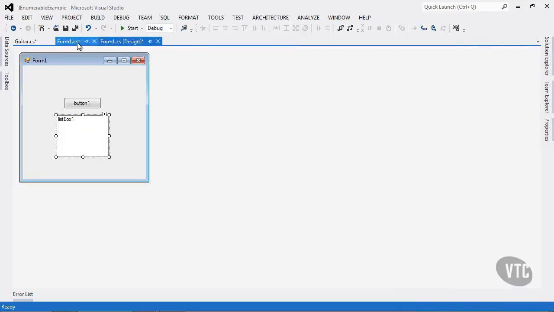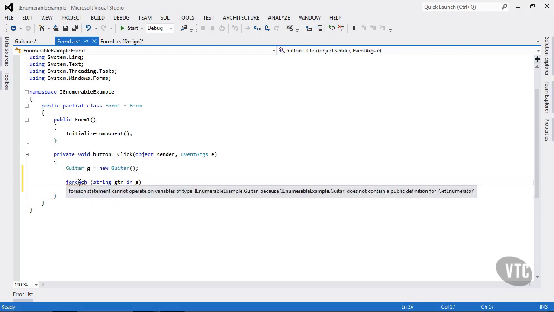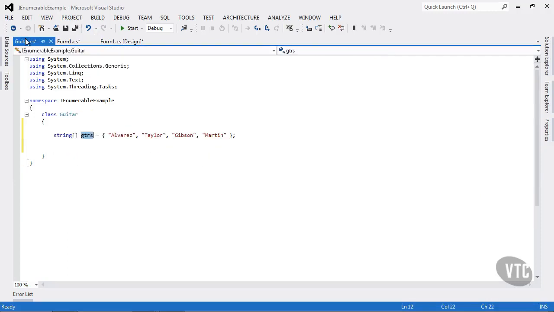Then in our code on our form we put a button and a list box, and then in our code back there we instantiated a new instance of our class, and we did a little foreach to iterate through that collection and add those to the list box. But immediately we got a foreach warning us that our class Guitar does not contain a public definition of GetEnumerator. So we'll go to Guitar and we will tell